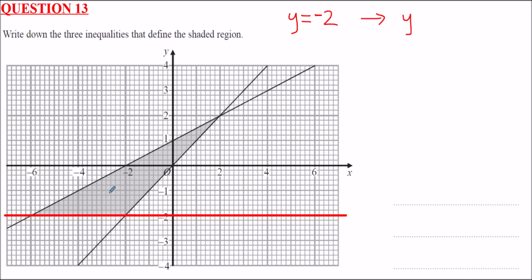First of all, let's have a look where this region is, which has been shaded in. Well, this region is above the line y equals -2. So we want nothing below where y is -2. So we don't want y to be less than -2, because that's not where the region is. Therefore, we need y to be greater than -2. So this red line is actually that y is greater